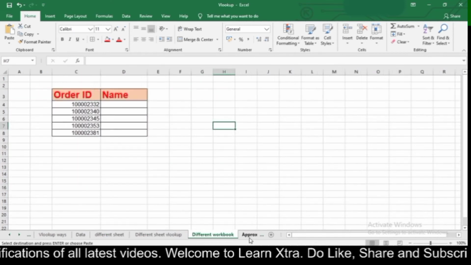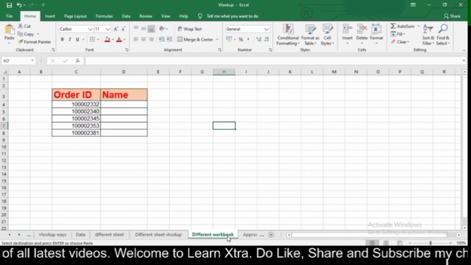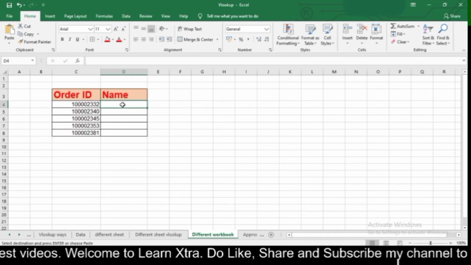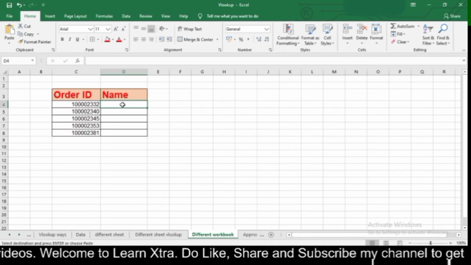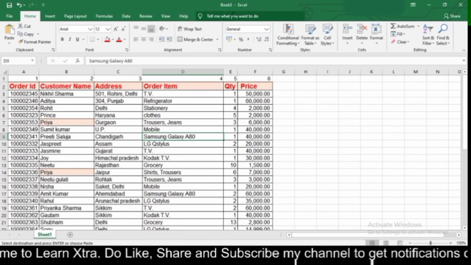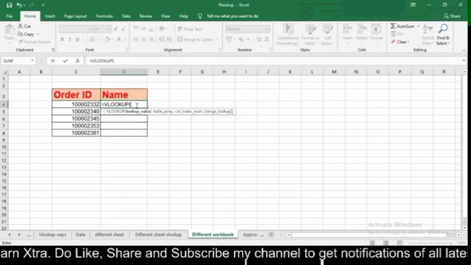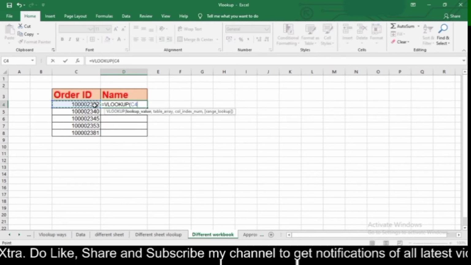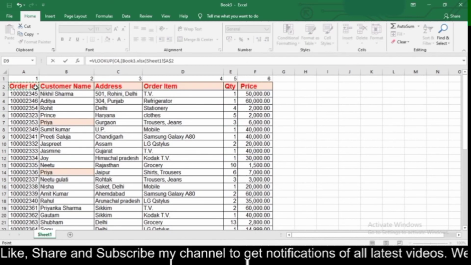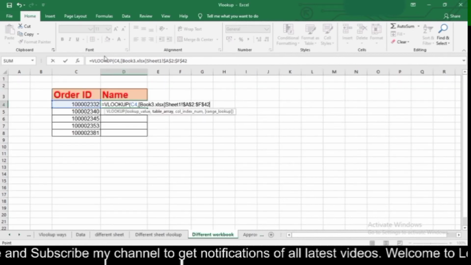Now let's understand VLOOKUP from a different workbook. So here I have given some order IDs and I want to find out the names of those particular employees, which are given in this sheet, book 3. So here I will use the VLOOKUP formula, that is equal to VLOOKUP. Lookup value would be my order ID, that is C4. Then my table array would be this. And then freeze your table array.